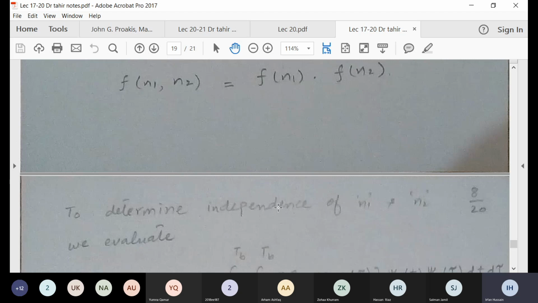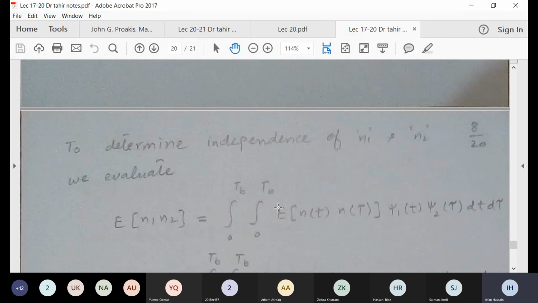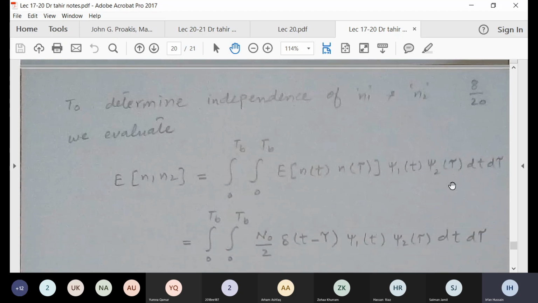Now, how can we show that n1 and n2 are independent? What we do is find the cross correlation of n1 and n2. Alright, so you can see it will be again the same formula. This will again give me delta because